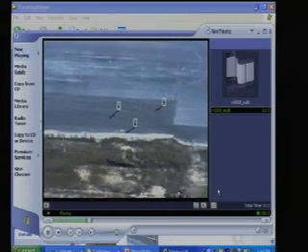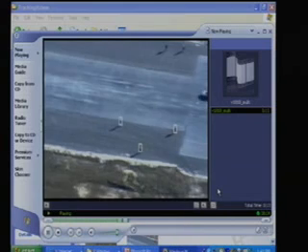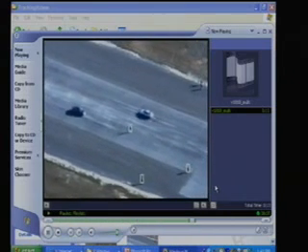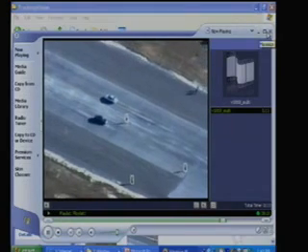Here, this is from a UAV Predator, right? So we can just track people if you want. We can track people and vehicles. And we also have